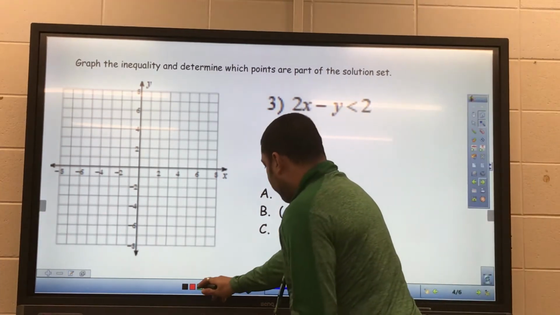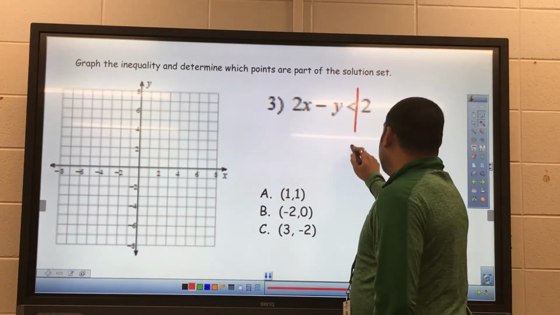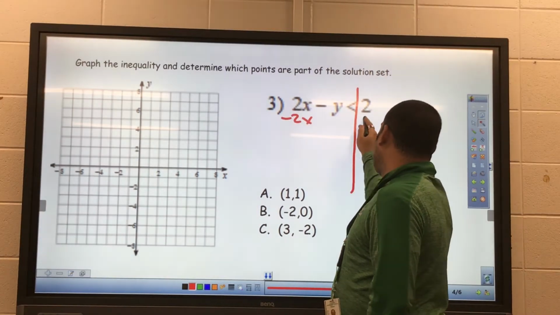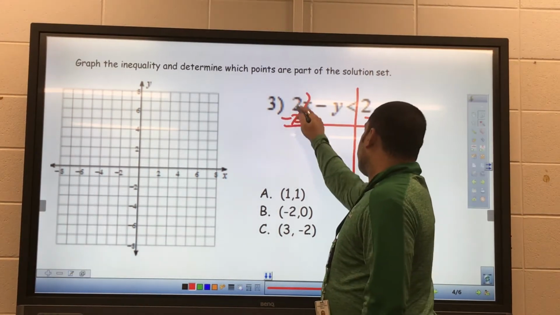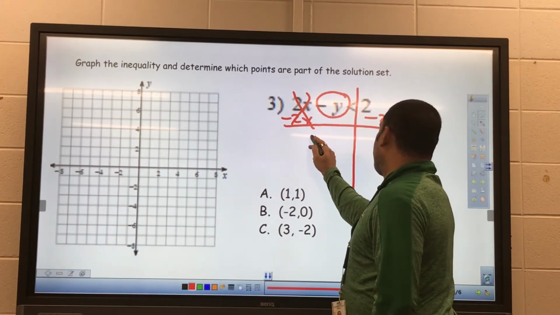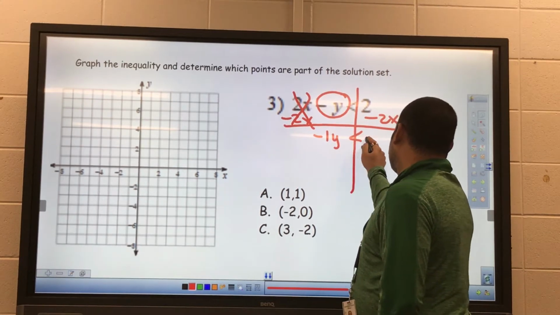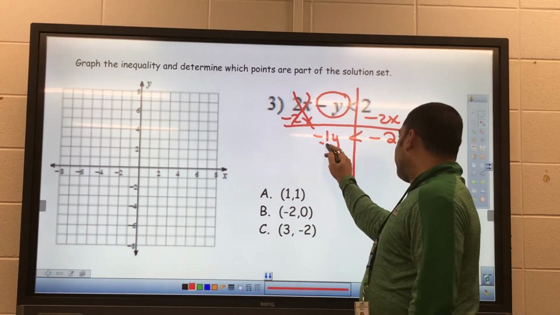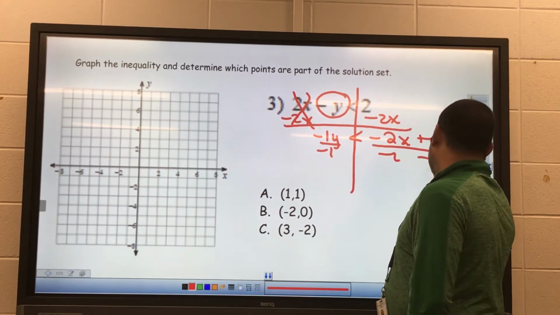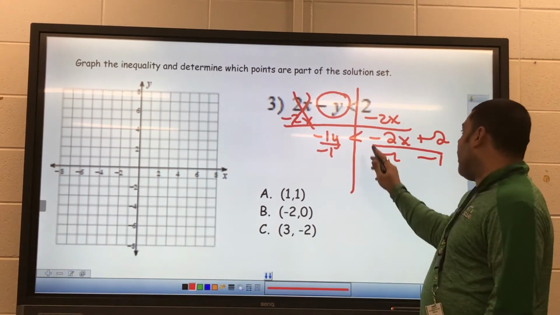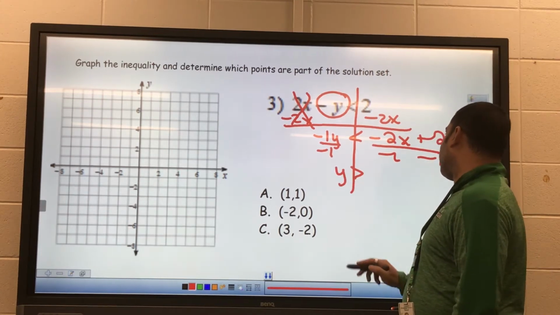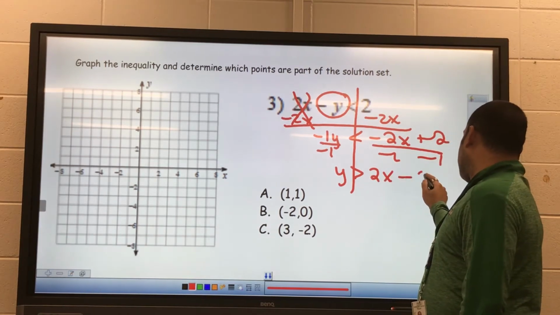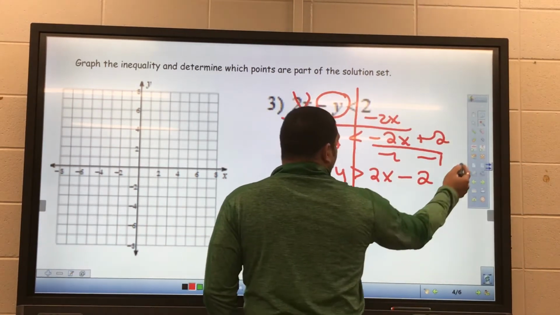Now for this one, first things first, we better make sure we solve this correctly. We put it in slope-intercept form. So -2x on both sides. And I've got to remember to bring this down as a -y. That is -1y less than -2x plus 2. And then I divide everything by -1. Now remember, since I'm dividing everything by a negative value, I have got to flip my inequality sign. It's going to become +2x. 2 divided by -1 is -2. And now